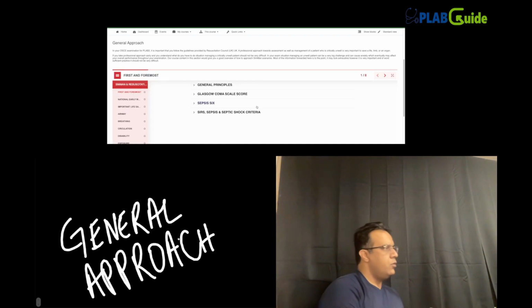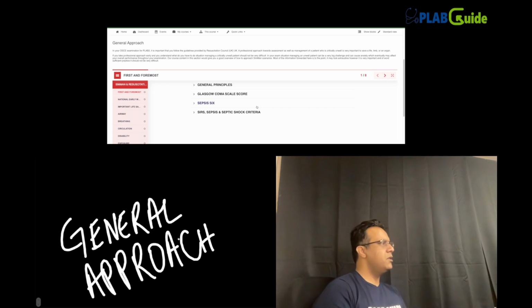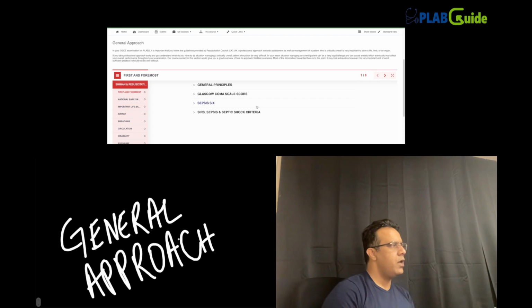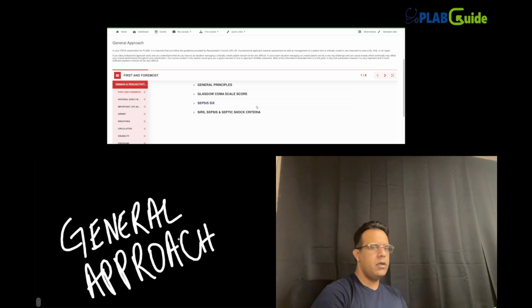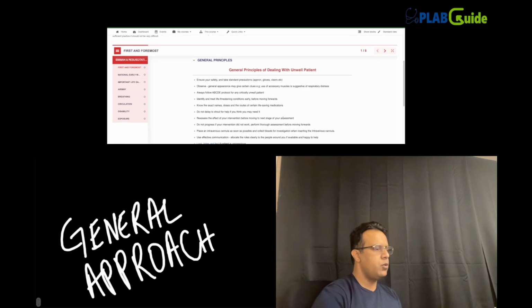You all should use a mobile application introduced by the Resuscitation Council that is called iResus. If you want to use, you can. That's a very good application where you can get all the updates in the guidelines. Okay, so these are the general principles where the Resuscitation Council suggests that you